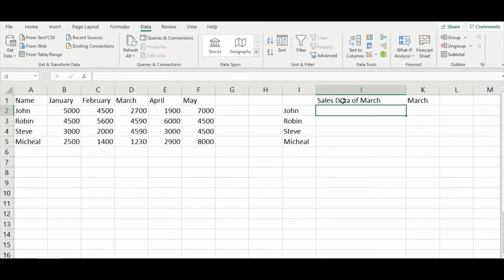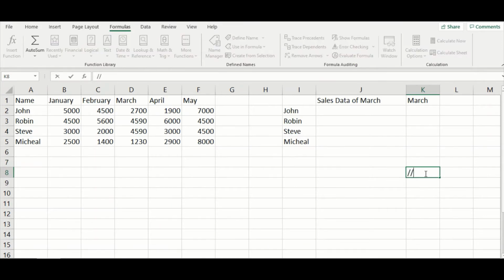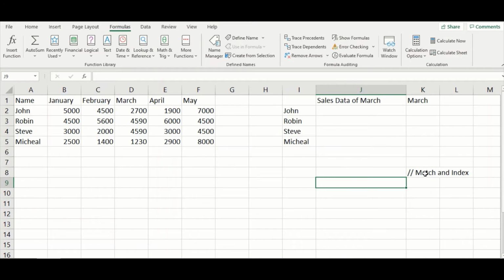Now how can we find the value? For that we'll have to use the match and index method. So first let's see what the match and index methods are.